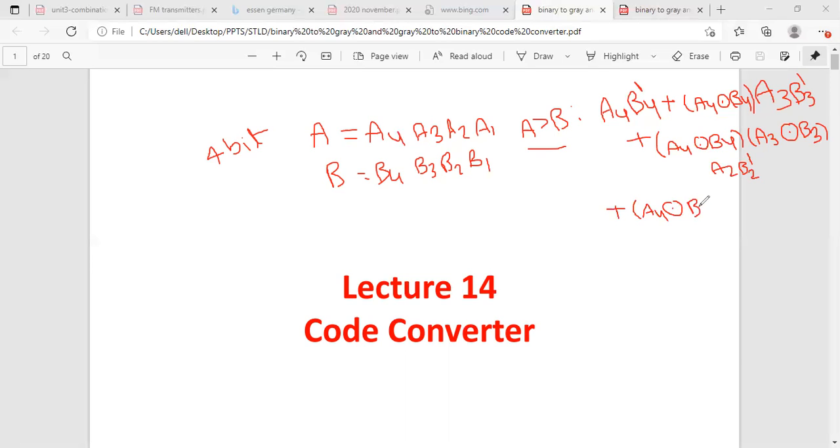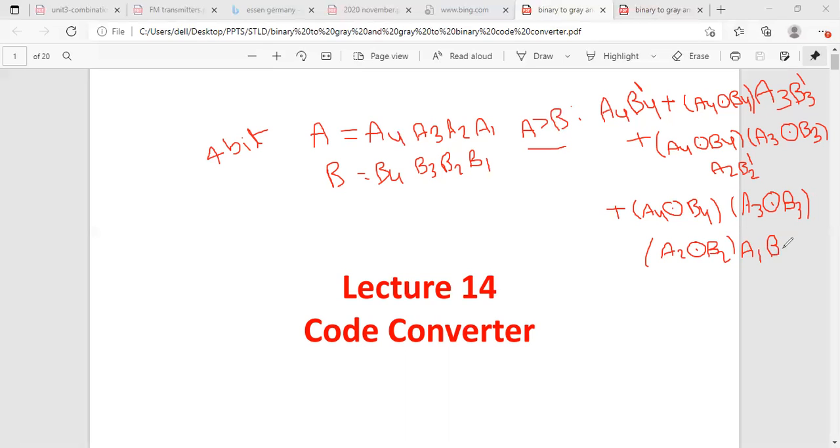So A4, B4 should be equal, and along with that A3, B3 should also be equal. To indicate equality, here we are using the XNOR gate. Okay, so A2 and B2 should also be equal. And along with these equal inputs, A1 should be 1 and B1 should be 0.